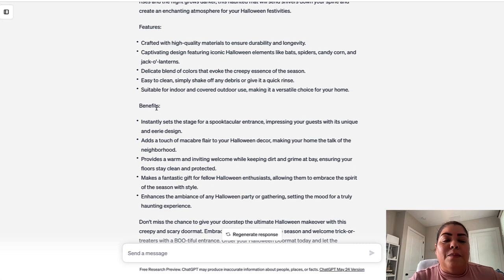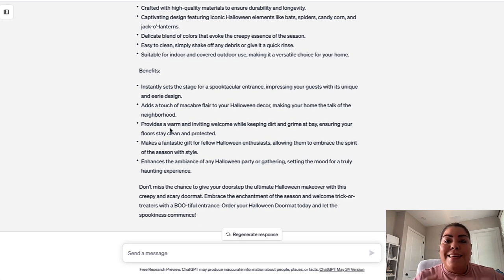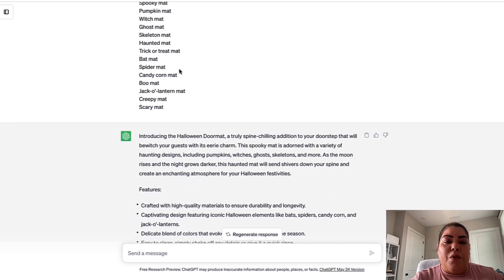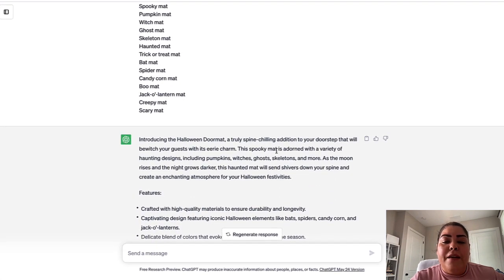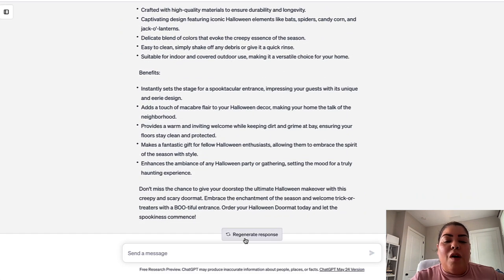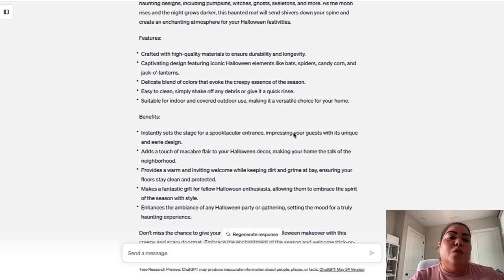And then it talks about the benefits. It's really important that you're not just selling the mat or just the product that you're selling, that you're also talking about the features and benefits. It's really, really important. That's really going to help you get more sales. And as you can see, it has all the benefits here. And then on the bottom, it has like a little outro of the three here that it added. So from here, if you like it, go ahead and copy by clicking here on the clipboard. If you don't like it, go ahead and click on regenerate response and it will create a different one for you. Using ChatGPT is going to help you speed up the process of creating your Etsy titles, your tags,